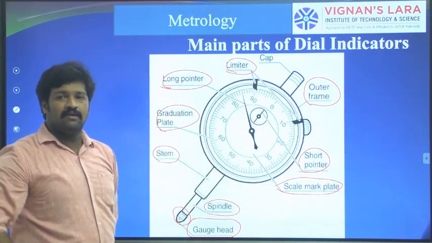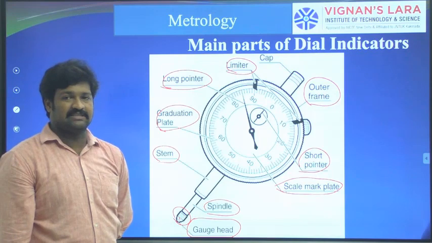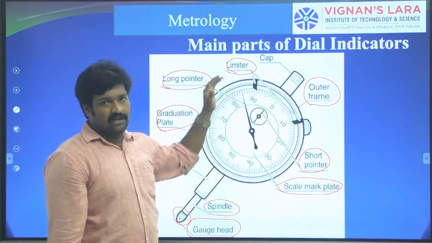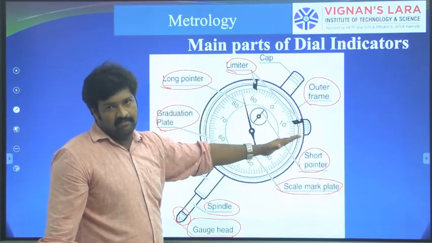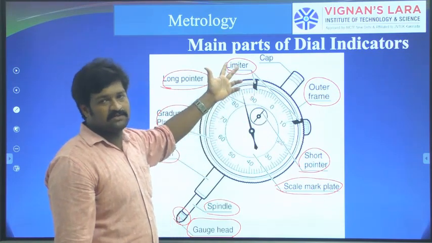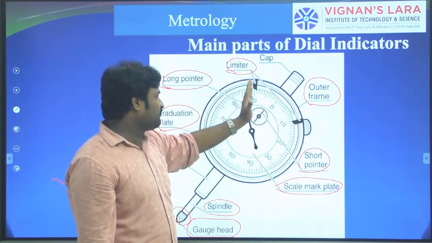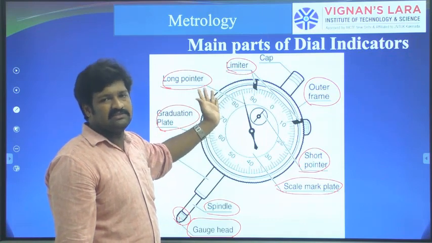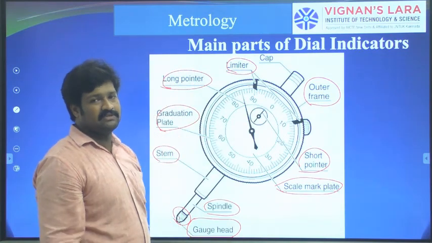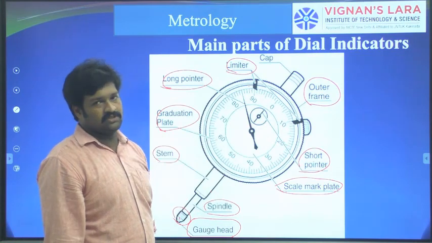The two limiters are the maximum and minimum limits. In the first unit we discussed the tolerances, the maximum and minimum limits. Here also, for the acceptable range, to identify the maximum and minimum we have limiters. These limiters are optional, they can be used or not used. For easy comparison, we use limiters. If the pointer is beyond the limiter, then it is rejected. If it is in between these limiters, then the component is accepted. For easy identification of accepting and rejecting, these limiters are used.